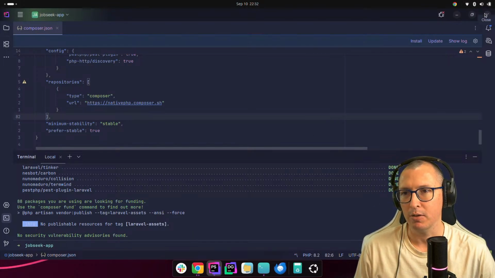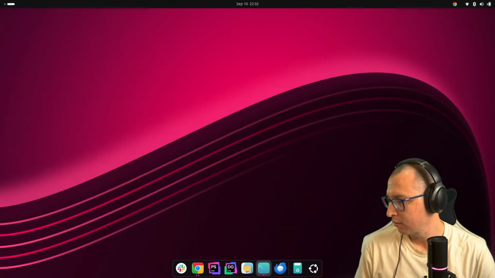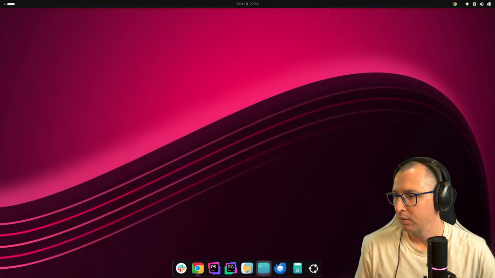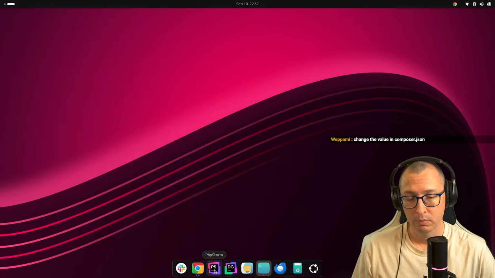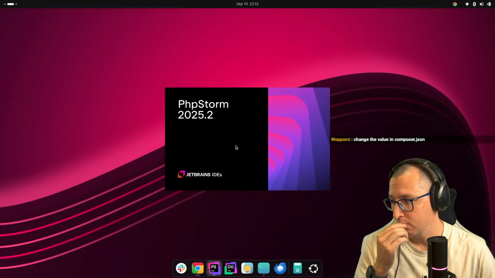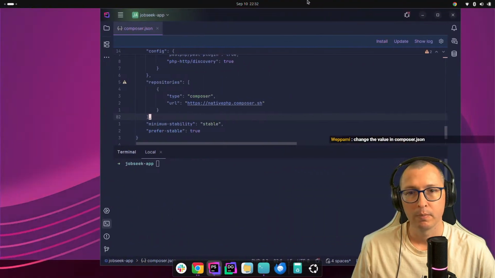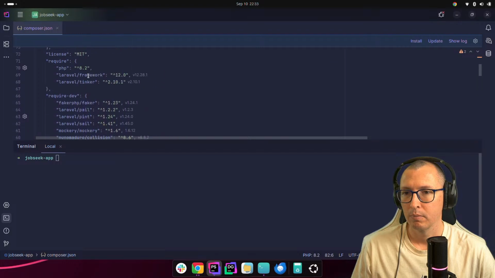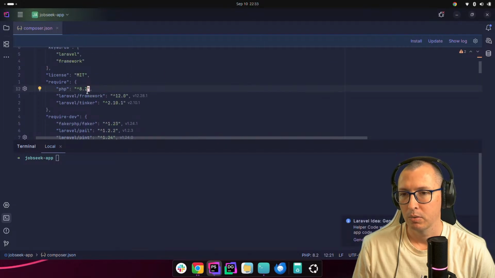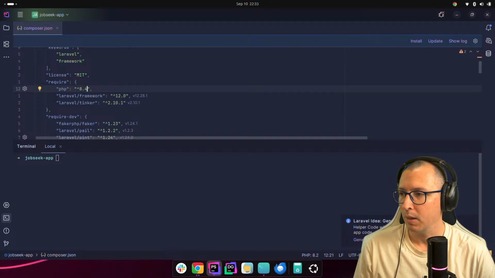Blast. Change the value in composer.json. The PHP value? Is that all? Let's see. Like that?